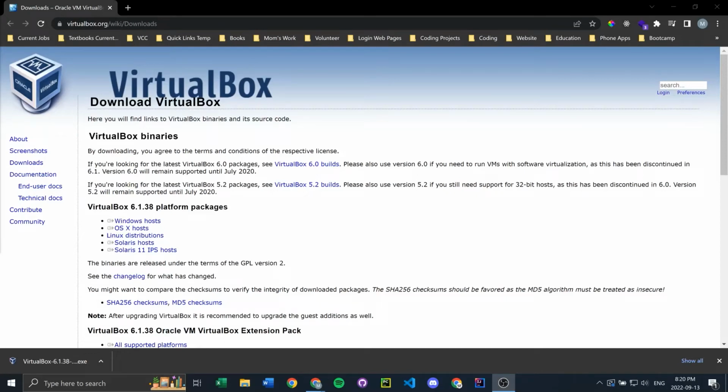Hi everyone, so I'm going to show you how to run a virtual machine if you want to run a Mac operating system on your Windows computer. So you'll have to download the Windows hosts here, and when you click on this, once it downloads, if you click on it here,